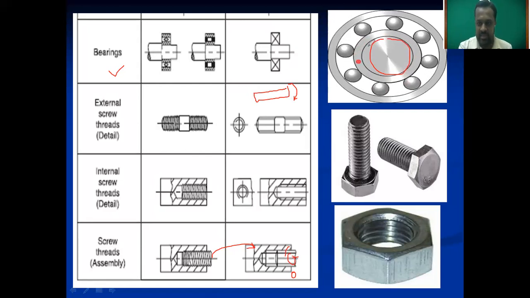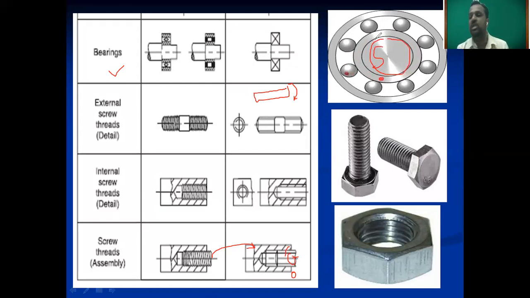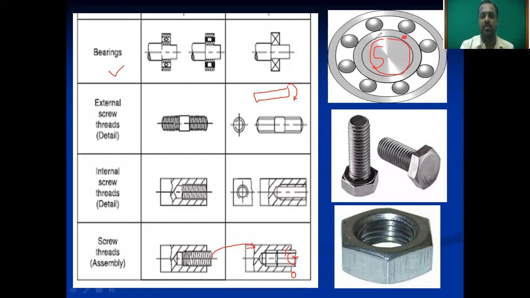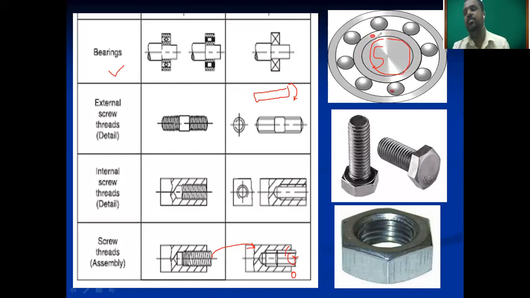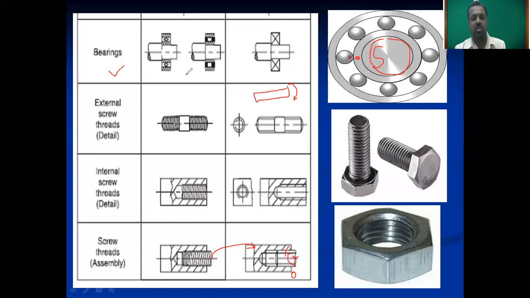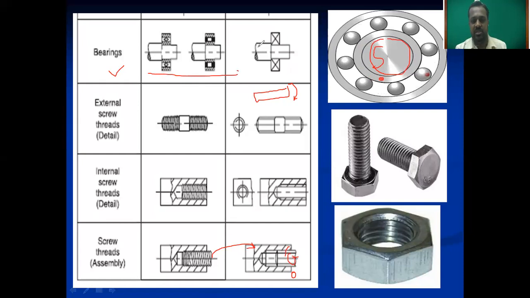See, this is the rotary component, called the shaft, and on the shaft we are providing the bearing to support it. This is the primary application of the bearing. You have to remember, we use the bearing for providing support to rotating shafts. The secondary purpose is to reduce friction and for smooth running. Now, how do we represent this bearing with the help of the conventional representation? Now see, this is the shaft.